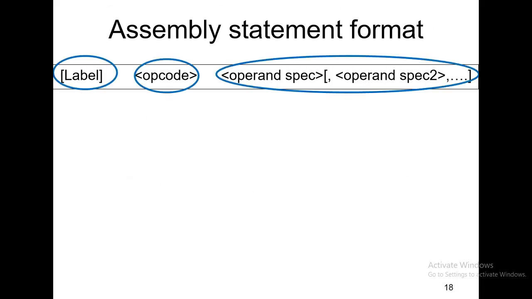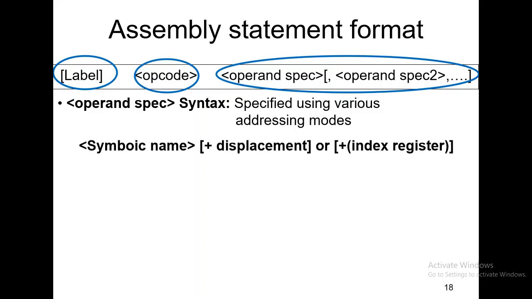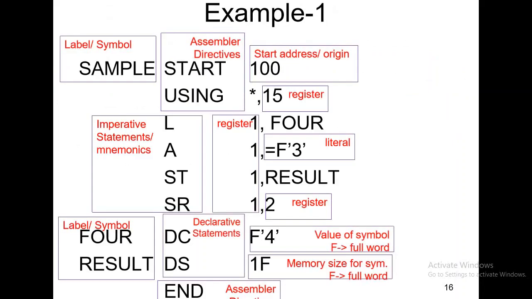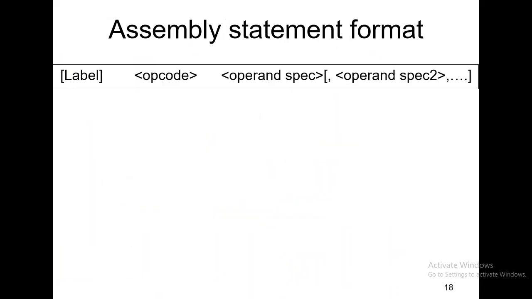Now see the syntax. First label is there, after that opcode is there, and thereafter operand specification is there. For example, TEMP is what? Label. After that opcode is there. Suppose ADD is here. See the previous one. First label is there, after that operand is there, and last one is what? Specification of that. For example, here L, and here is the specification of that operand, right? So this is nothing but the syntax.